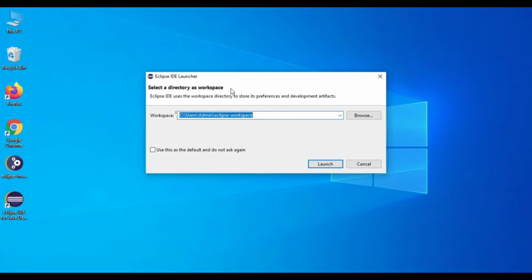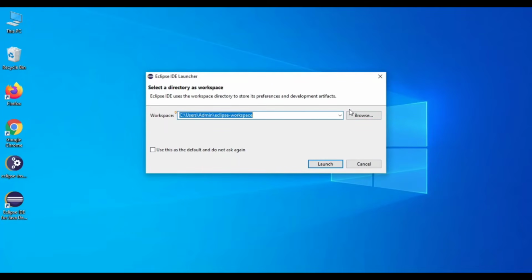Now since I'm starting this IDE for the first time, it is going to ask me for the directory for my workspace. That means whatever project you will be creating, where you want to save it, in which folder. If you want to change the default path, which is C:\Users, admin name and eclipse-workspace, you can click on this browse button.